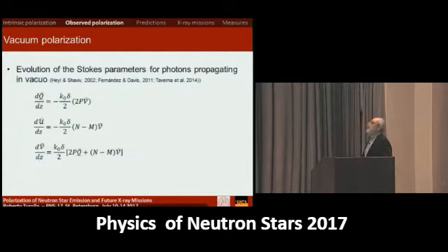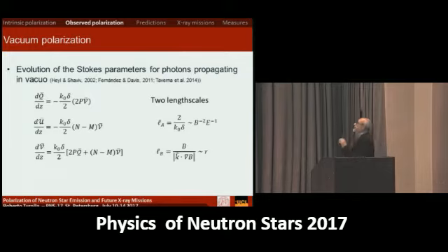In order to see qualitatively how the Stokes parameters change along the ray, one should note that the evolution of the Stokes parameters is governed by two length scales. The first one, let me call it L_A, is simply 2 over k0 delta, and this is proportional to B to the minus 2 and the energy of the photon to the minus 1,